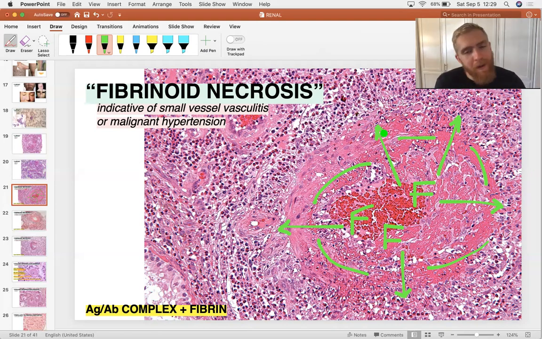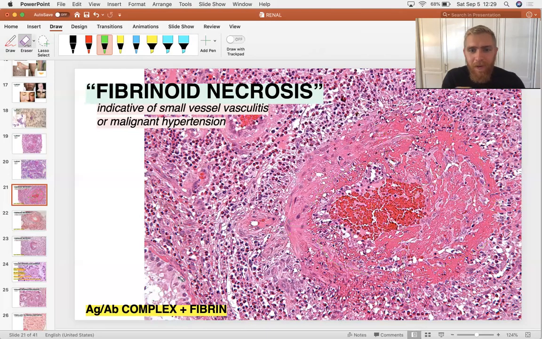And so fibrin doesn't make it 2 nanometers out of the capillary endothelium before it starts to polymerize. And so that's why you only see fibrinoid necrosis around the circumference of a capillary lumen. It's so easy, so easy. The only thing that could give you a fibrinoid necrosis is something that damages the capillary endothelium. If it's got a tropism for any other tissue type, you're never going to see fibrinoid necrosis. It's only in vasculitides. And the only other thing besides a vasculitis that we know of that's going to do